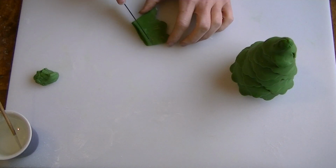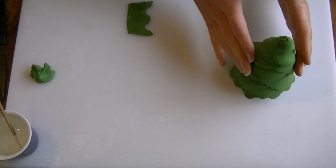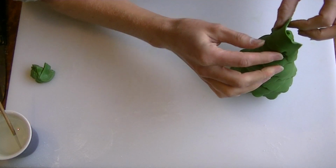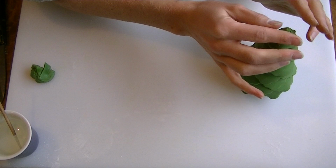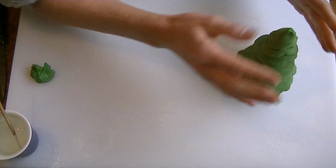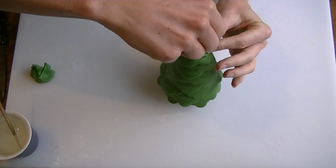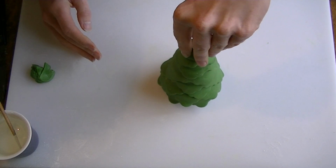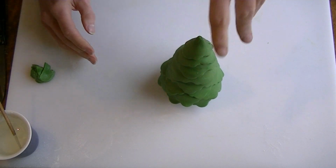What I'll do is just cut a little bit off the top. And I'm just going to place this on here. Wrapping it round and just pinching it too at the top. I don't know how well you can see it, sorry. So I'm just pinching it round until you bring it up to the point at the top of the tree. And what we'll do is let it dry for a couple of hours,